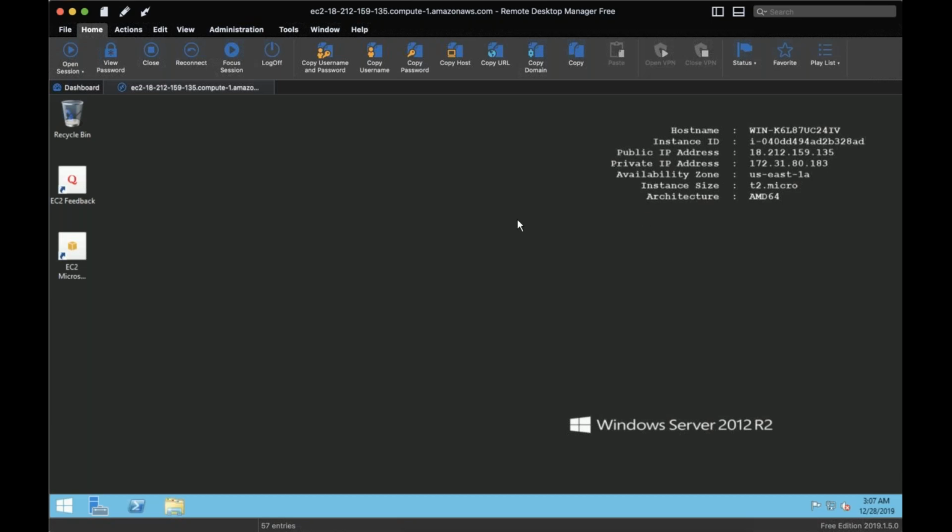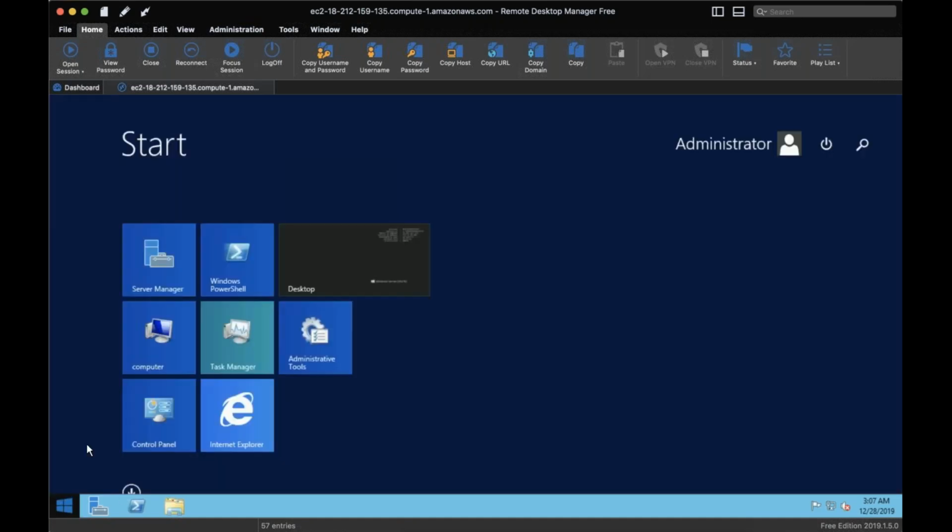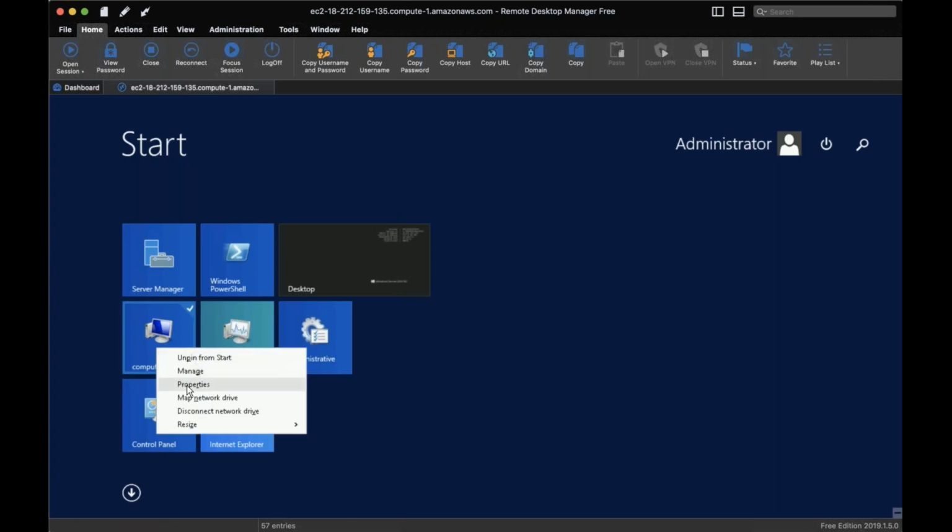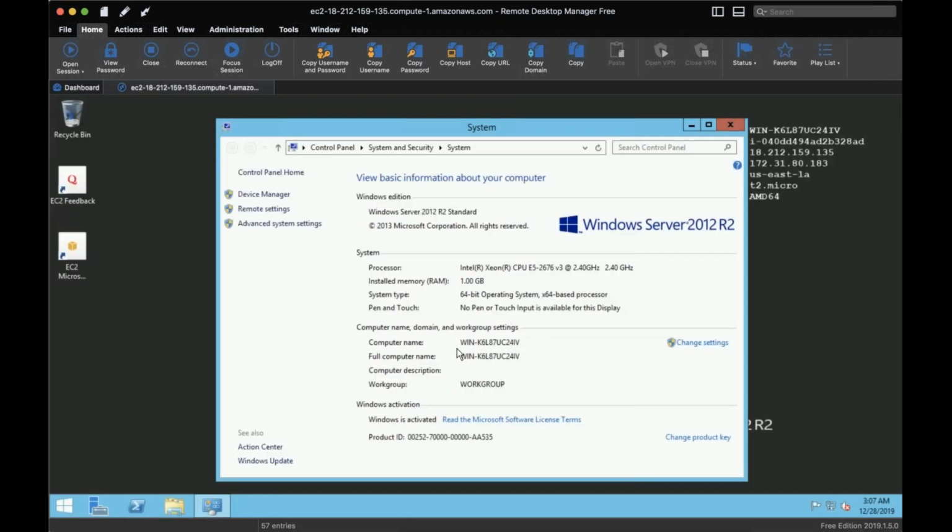But your public DNS already has a name, so can we use the public DNS name as host name? Public DNS name, again, it's just how you call it, right? Like a host name on the Windows side. If you look at My Computer also, it is not that DNS name that you see here. Look at this. This name is assigned by AWS itself. And you can change it,